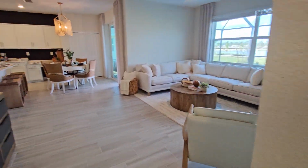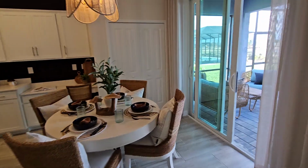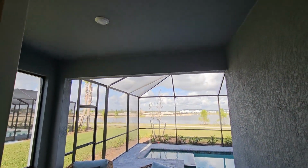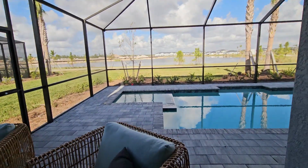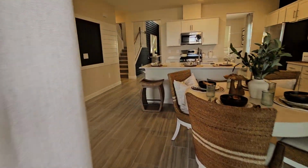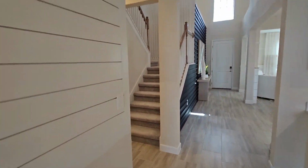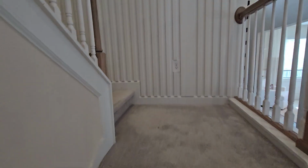Now coming back out, we'll take a look at the exterior space here. So you've got a nice under truss area right off the kitchen area, and then were you to have a pool package, then you would have a beautiful pool built right off the back of this home there. Now coming back inside the home, we're going to take a walk upstairs and look at what else this home has to offer. So coming upstairs,